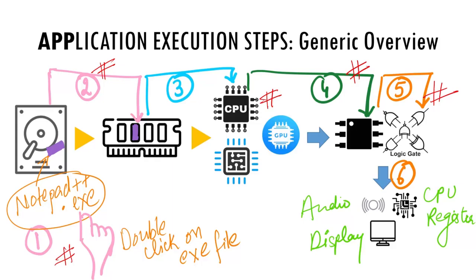The result as received from the gate circuitry may get saved in some CPU register if needed for some allied or dependent computational task, where you can say that CPU registers are the fast but temporary storage units, or the result obtained from the gate circuit may get routed to the display screen or the speaker depending upon the variety of output.